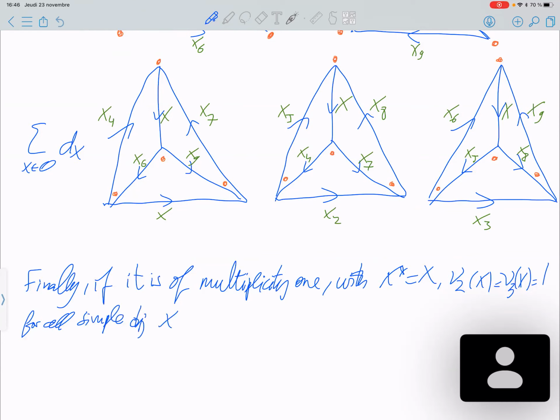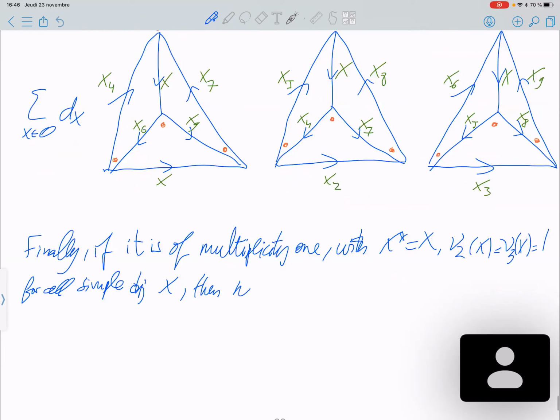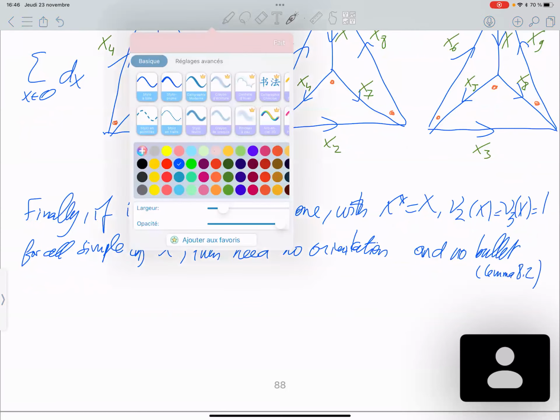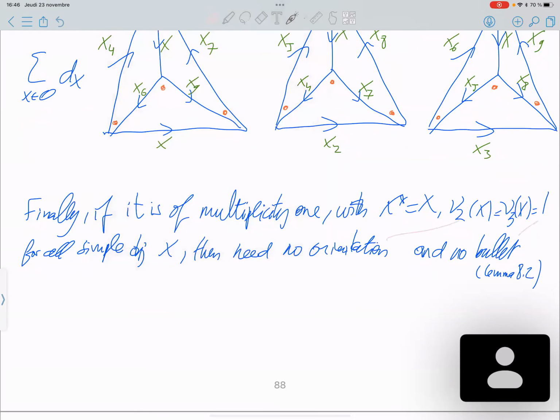X, then no orientation and no bullet. No orientation and no morphism, no bullet, not even bullet. And the no bullet is by the lemma 8.2 with the third formulation indicator. So remember, this corresponds to no bullet and this to no orientation. And so we can